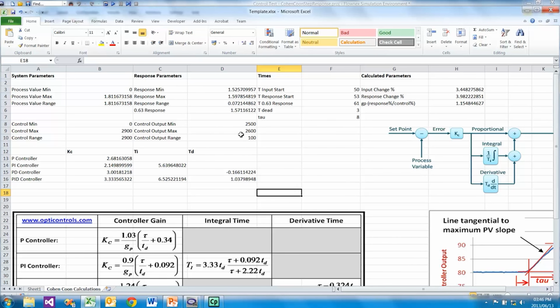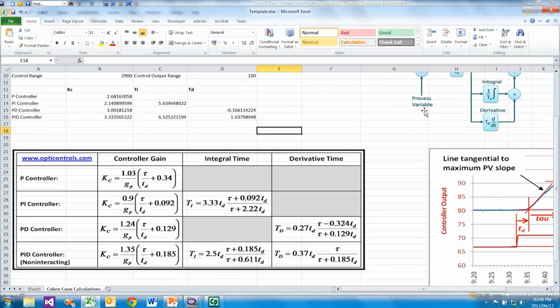The control output minimum and maximum. From here we calculate our dead time, tau, and our process gain. Then we have a few formulas that implement these equations, and we easily calculate our P, I, and D constants.